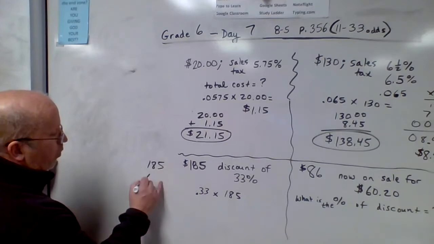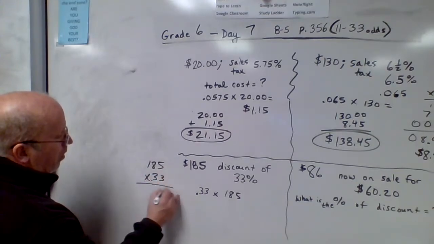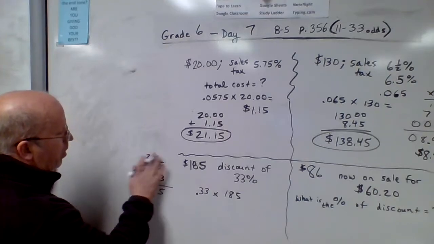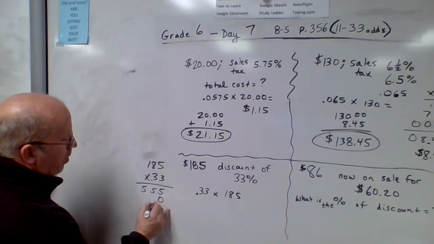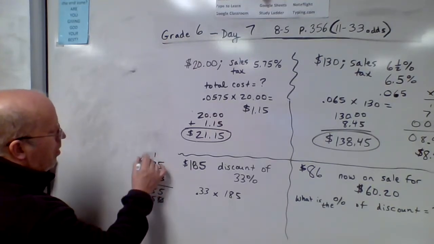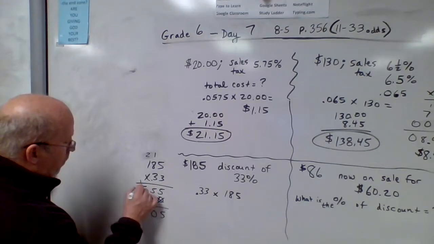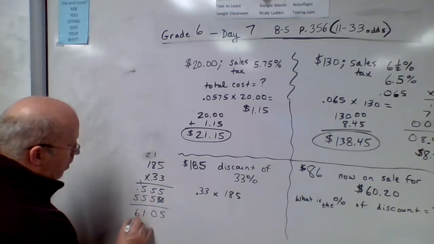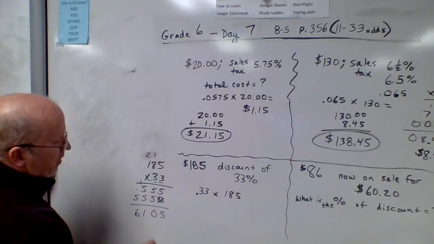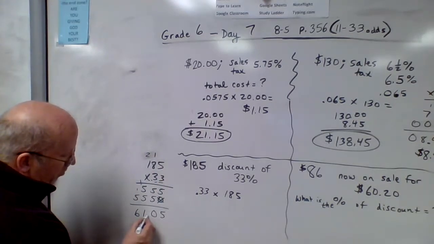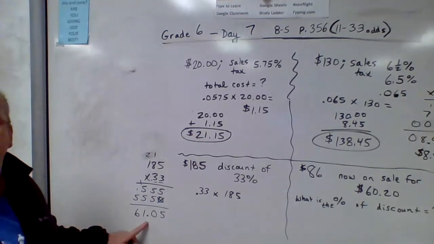Let's see what it equals. Oh, that's a lot of 5s. 2 decimal place values in the original problem. Move the decimal point 2 places over. That gives me an amount of